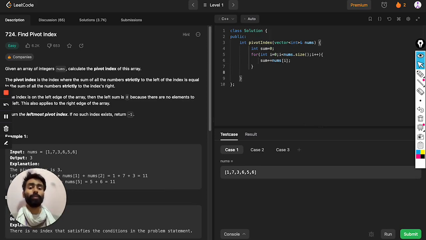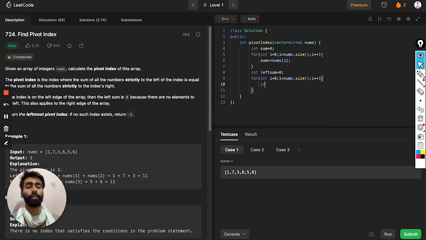And now we need to iterate once again. Here we will create one more variable, that is left sum, to keep track of the sum of the left elements.